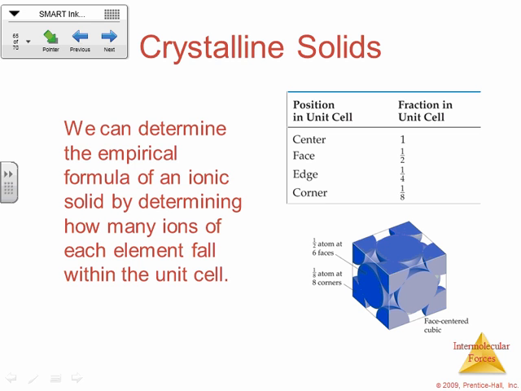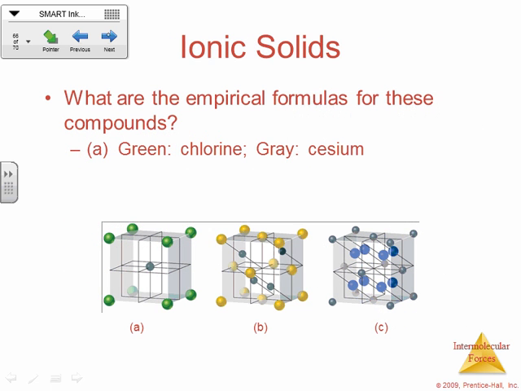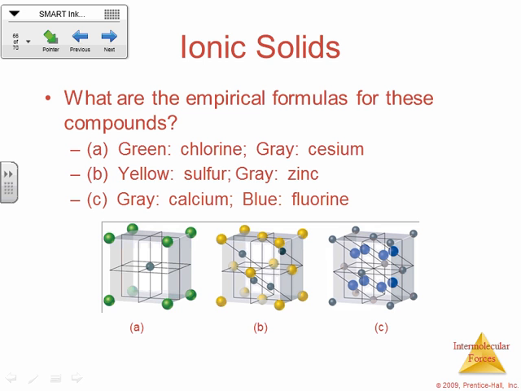So when we look at how many atoms of each element are inside any given cube, we can tell what the ratio of those two are to one another, and we can figure out the formula. It's usually easier to cross charges than think about unit cells, but this is another way to figure out the formula for an ionic compound. Okay? So on your sheet,